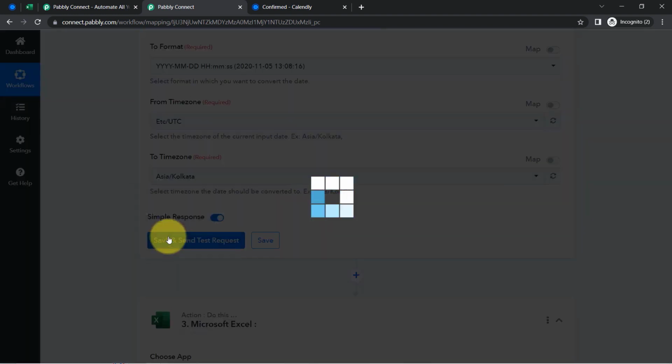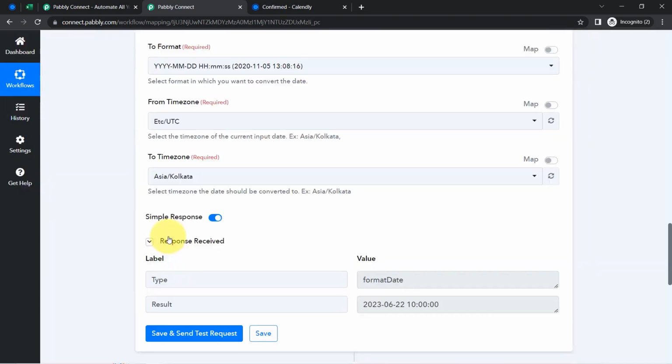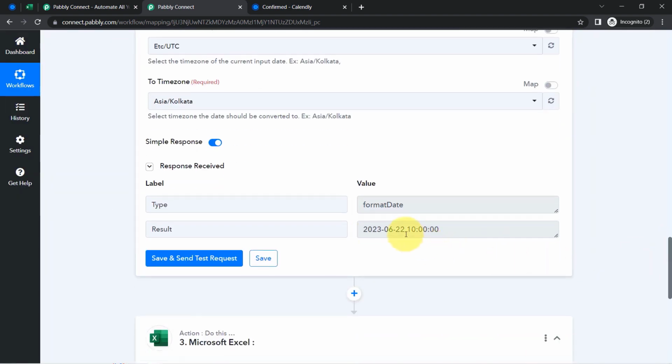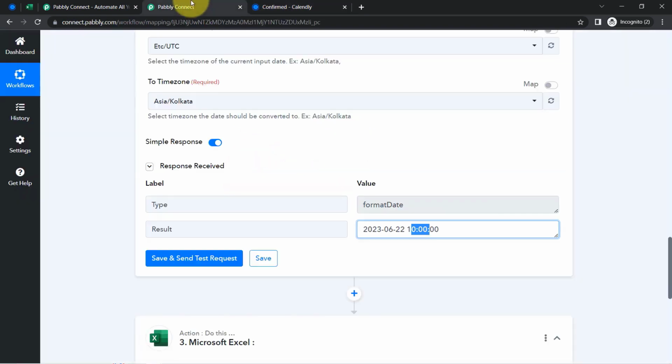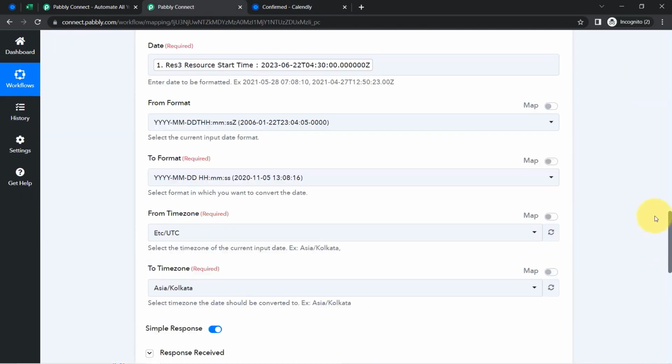Clicking on this button, save and send test request, and you will notice that in the response we will receive the same timing, that is 22nd of June 10 AM. Here you can notice that we have booked this appointment for the same timing. Okay, so we have converted the start timing currently. Now we can easily convert the